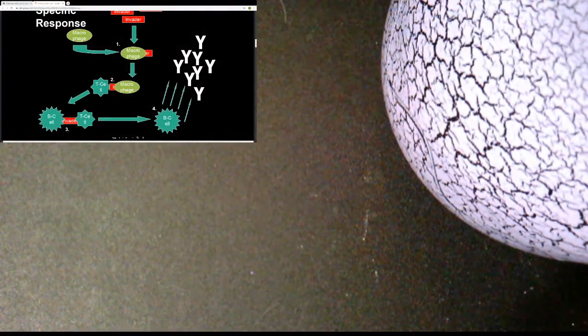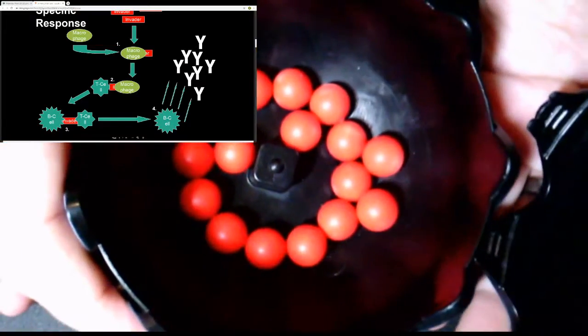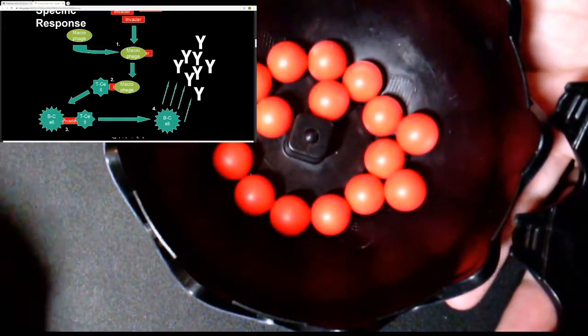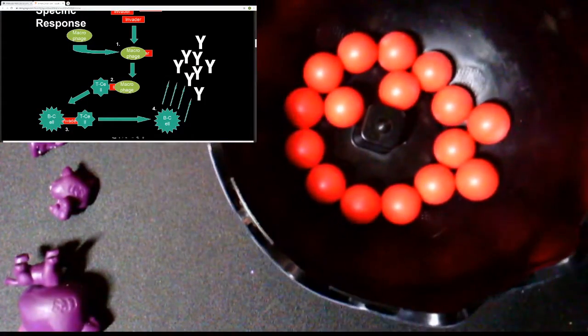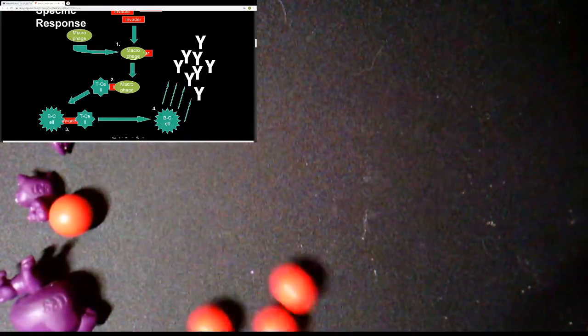Now, your B cells have a single job, and that is to make antibodies, which I am representing with all of these little red beads. Basically, the B cell, once it knows what it needs to make, will make those antibodies and just shoot them out. They will stick to the bacteria. They will bind to different receptors. And through that process, it is going to effectively render the bacteria inert. There's nothing more that they can do.